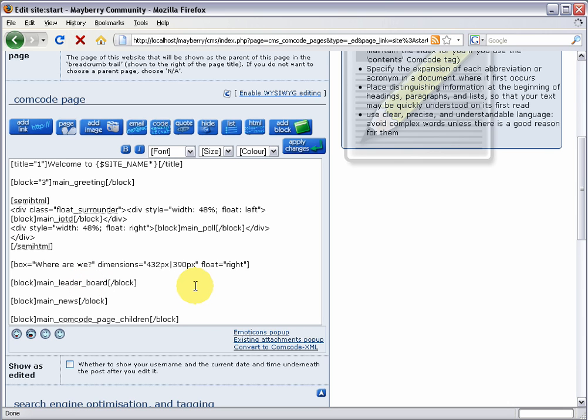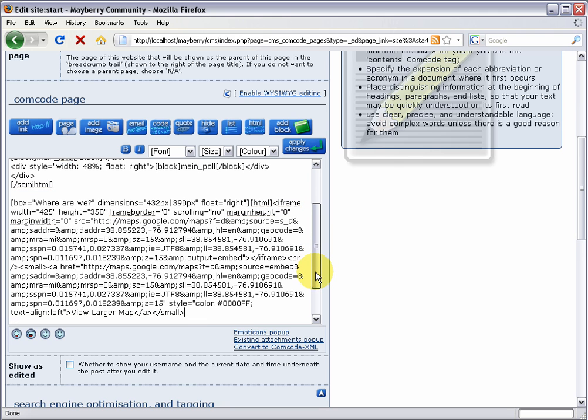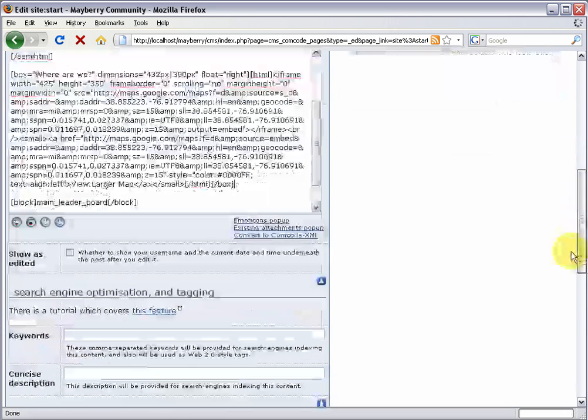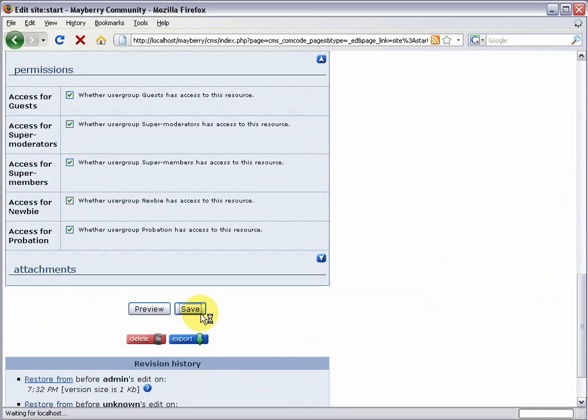Now it comes time for our HTML code, so just do an open bracket, HTML, close bracket, and put in Google's code. So just right click, say paste. There's Google's magic. And now close off the HTML by doing an open bracket and say /HTML. And that says that we're done with our HTML. Say that we're done with the box, say open bracket /box. And we're done. So let's come on down, save our changes,